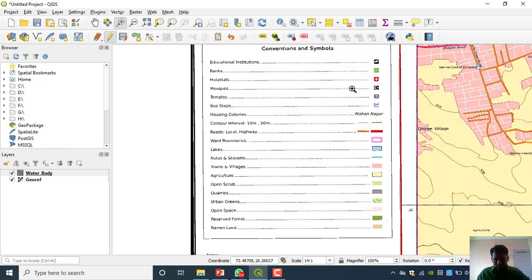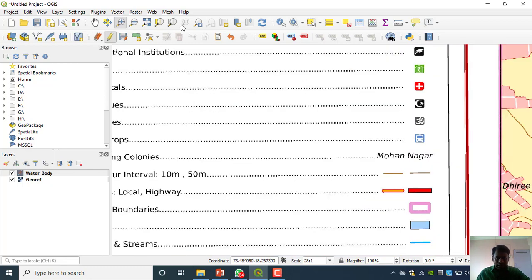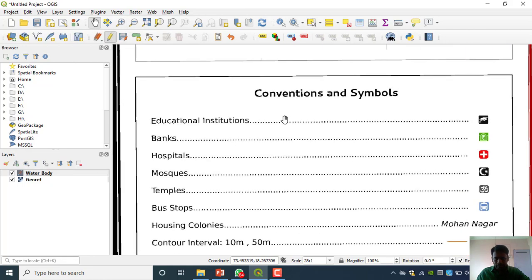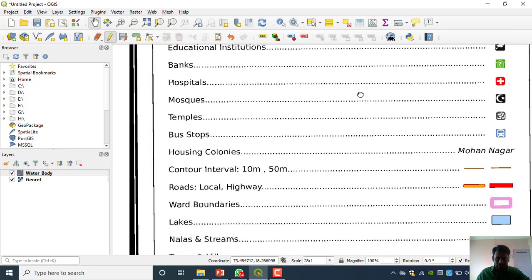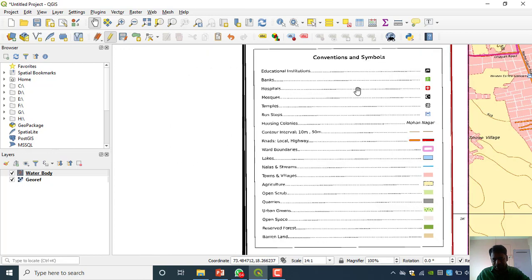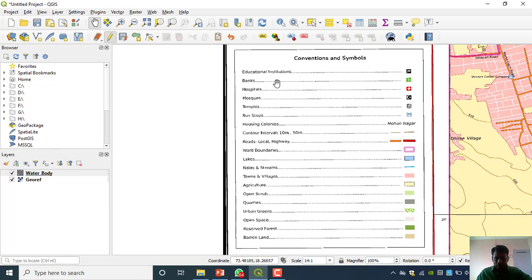See, these are all signs and symbols, conventions and symbols. All these features are there: educational institute, bank, hospital, mosque, temple, bus stop, housing colonies, contour. I told you, it is a very time consuming part. Digitization of contours, very time consuming.